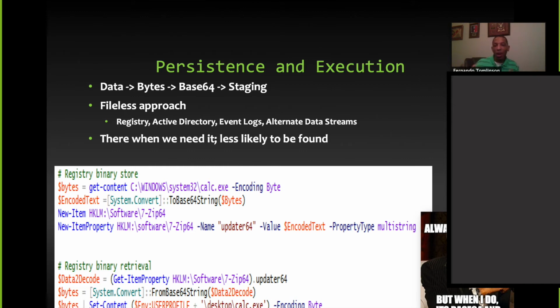Right? And maybe I have some other process that kicks off, and its only job is to read this key, read the data, reverse the process from base 64 to bytes to data, and then execute it, which is what we see on that bottom subset of text. So essentially 4 lines to hide it, 4 lines to reverse it and execute it. Here I'm doing it with calc.exe, but really you can do it with whatever you want.